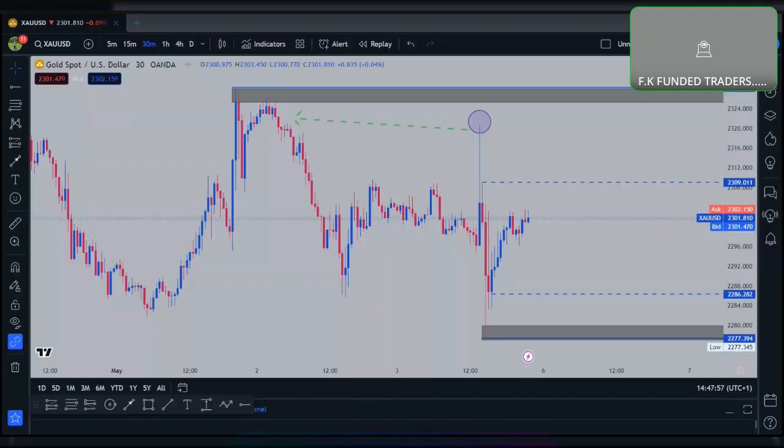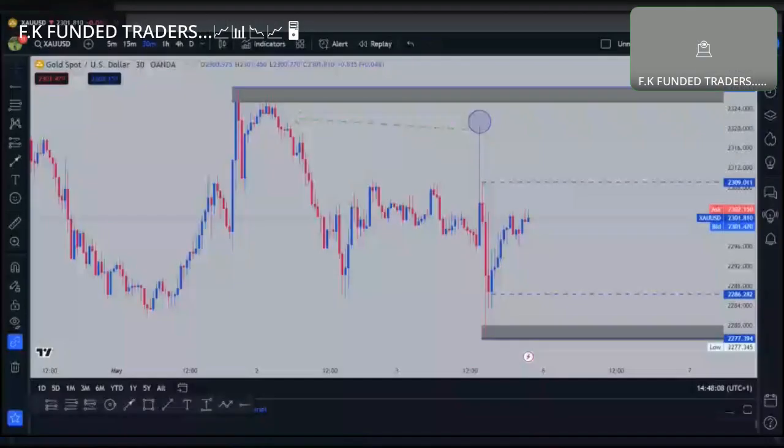Because we don't have news for the coming week that can violate that area. Already NFP came and respected the area. So we don't expect it. Let me see this week. What do we have?